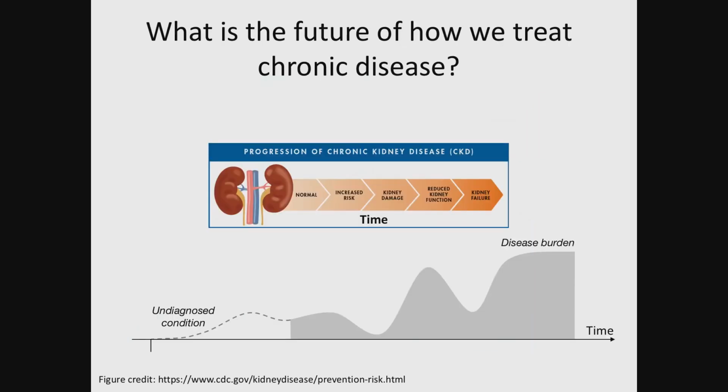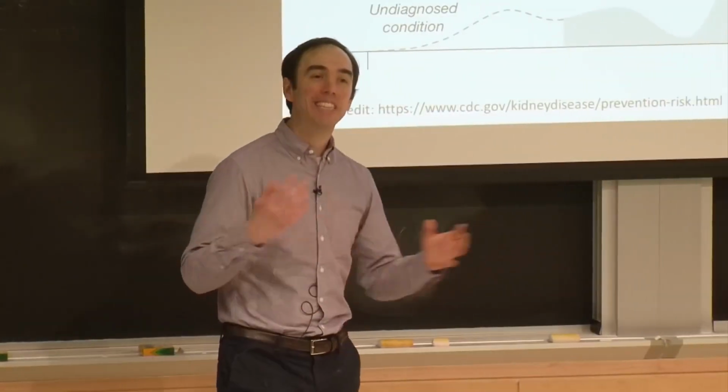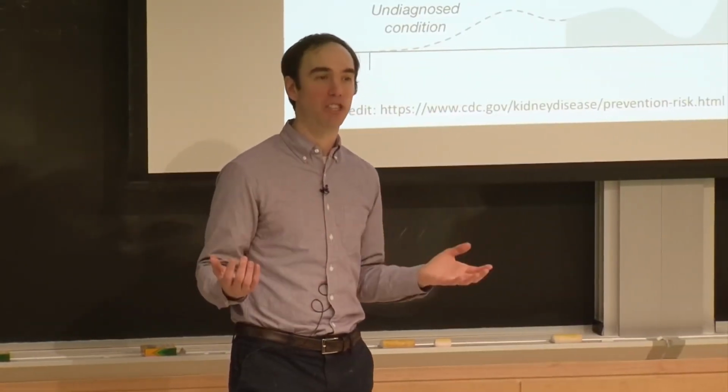So consider a patient with chronic kidney disease. Chronic kidney disease typically only gets worse. You might start with the patient being healthy and then have some increased risk. Eventually, they have some kidney damage. Over time, they reach kidney failure, and once they reach kidney failure, typically they need dialysis or a kidney transplant. But understanding when each of these things is going to happen for patients is actually really, really challenging.